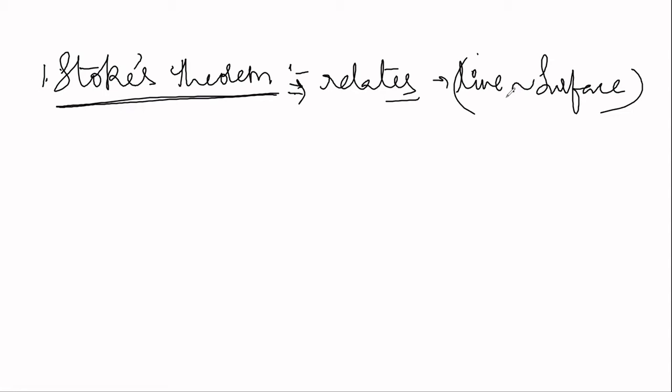What does this theorem state? The line integral of a vector field A bar along a closed curve C. Closed means this one. Closed curve C is equal to